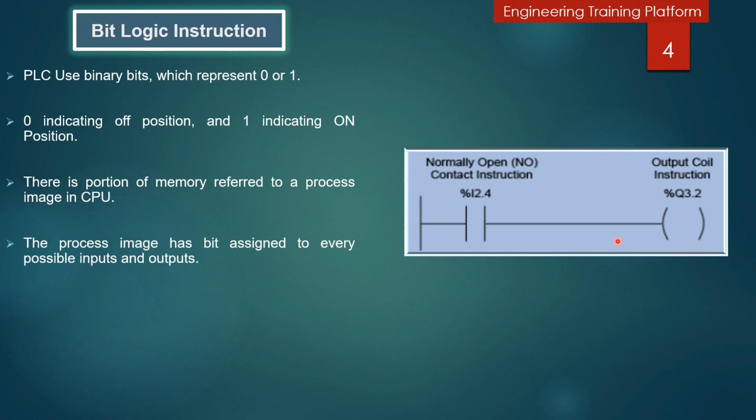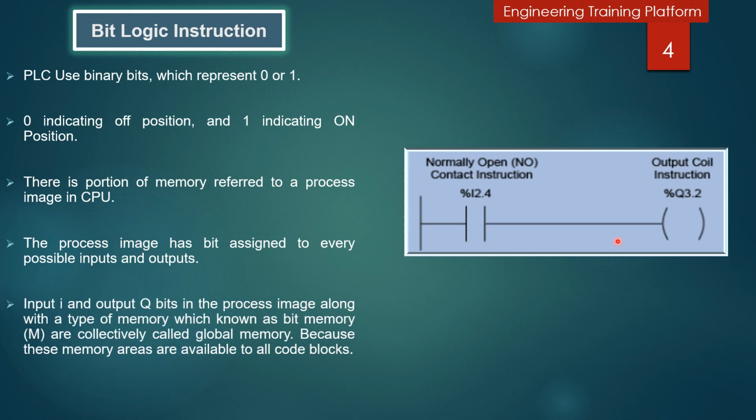The process image has a bit assigned to every possible input and output, even those inputs and outputs that are not connected to devices. For example, input I2.4 is associated with bit 4 of input byte 2 in the process image.